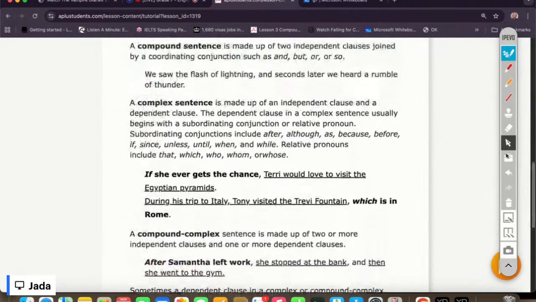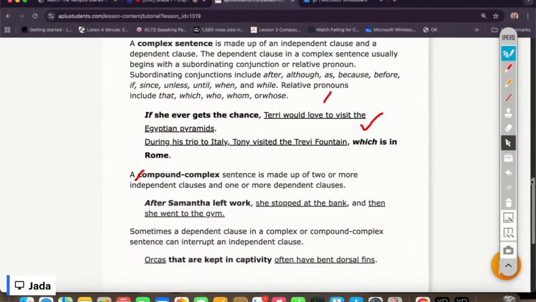so we have a complex sentence. We know that a complex sentence is made up of an independent clause and a dependent clause. The dependent clause cannot stand alone, while the independent clause can stand alone because it's a complete thought. So basically, the dependent clause begins with what? A subordinating conjunction or relative pronoun. So we have: if she ever gets a chance, Terry would love to visit the Egyptian pyramids. Okay, so